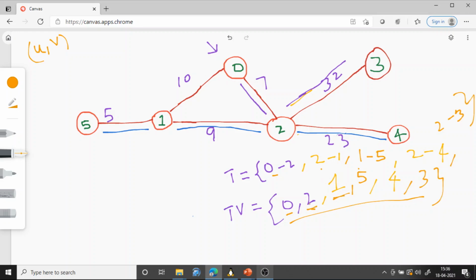From 2 we have 3 4 0 and 1. 3 4 0 1, everything is here, so you can't identify. I mean everything is visited. Okay, so you can't identify u comma v such that u is visited and v is not visited. No, every vertex is visited, so it will return null. So then that is also one of the ways to stop the algorithm.